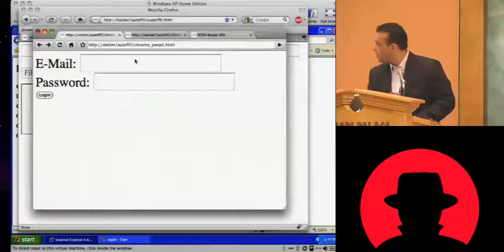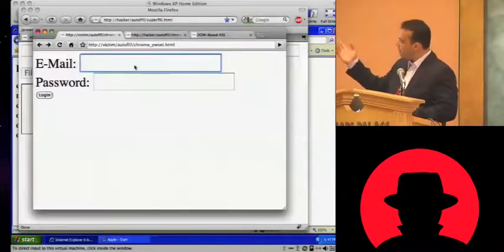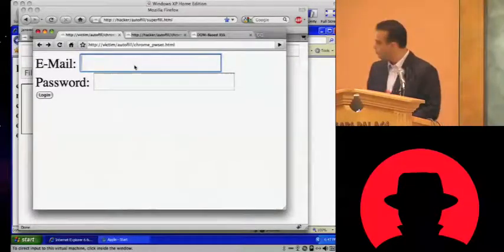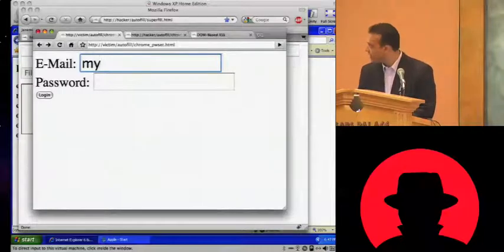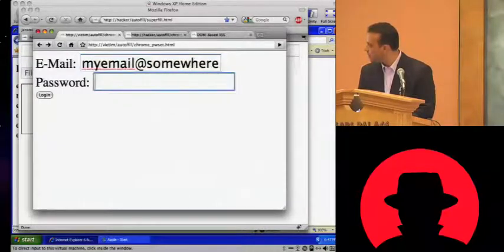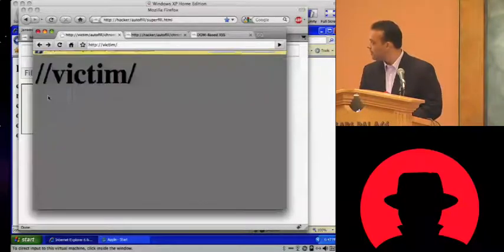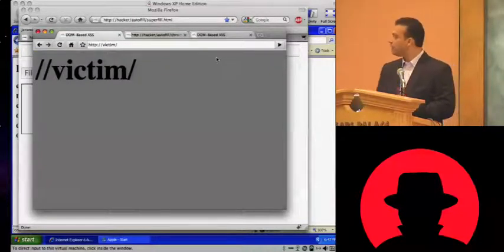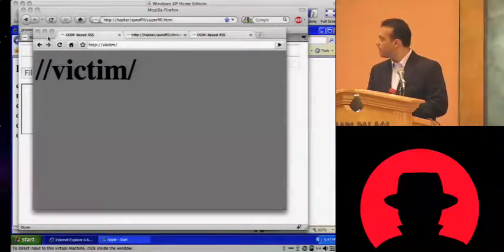All right. I'm on the victim domain. This could be any website that might be vulnerable to cross-site scripting, probably all of them. My email at somewhere.com and my password. Login. Right? You guys have all seen this one, right? This little drop down here. Very easy for people to say, save password. Good, done, over. So now if I go back,